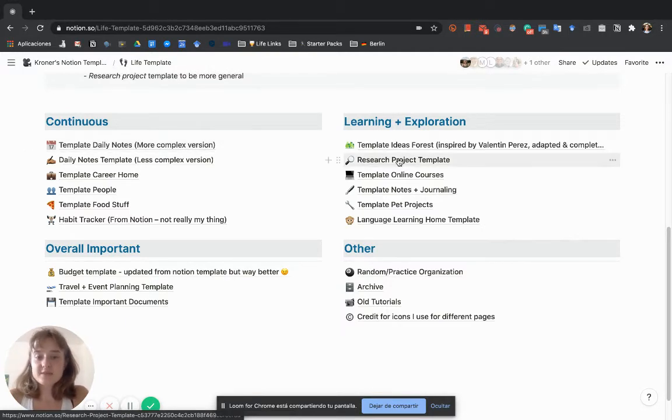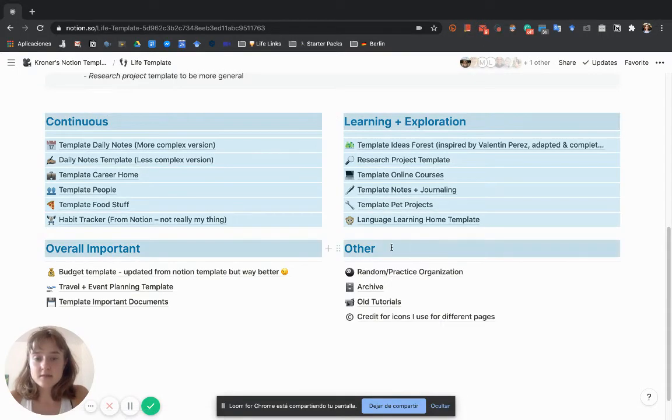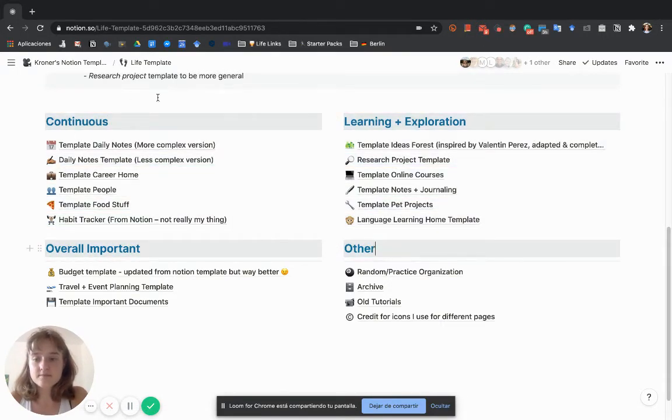And so it's like different research projects. I've separated this into 4 general categories: things that I'm continuously working on, continuously updating, and things that have to do with learning and education, or random projects, things that are important, so budgeting, traveling,